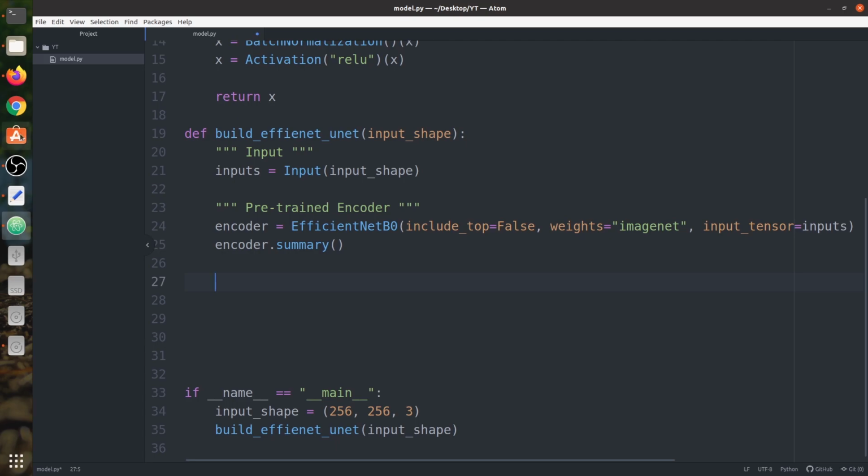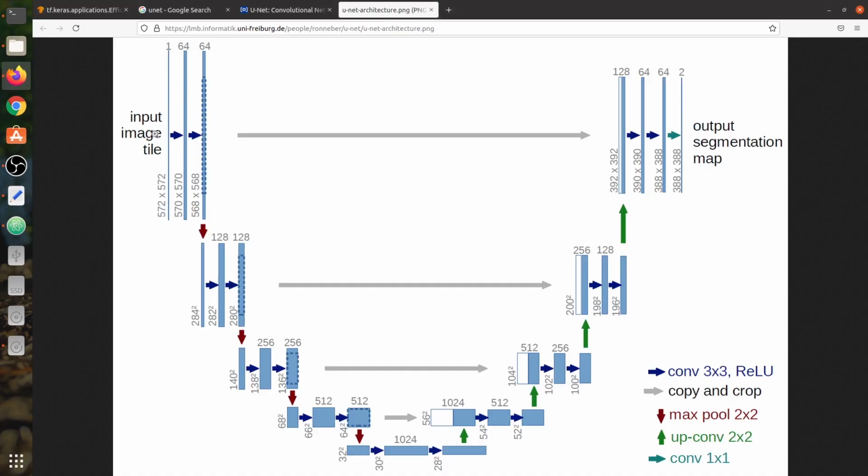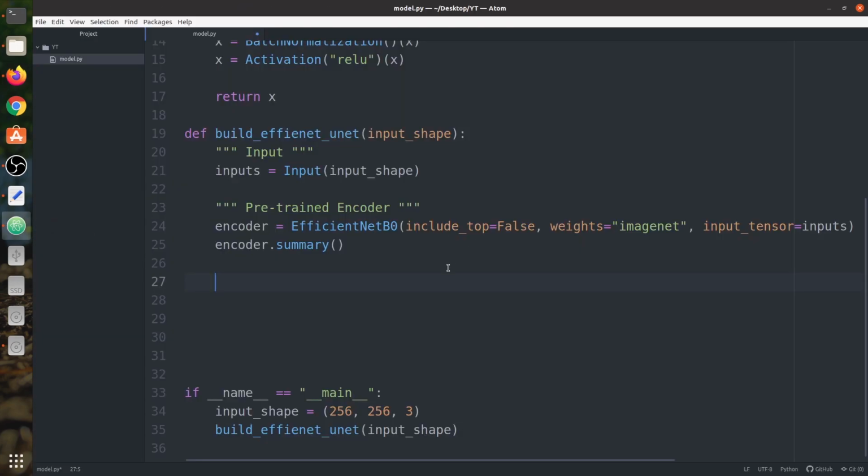So the shape for the first skip connection will be the same as the input layer, because the skip connection is before the max pooling. You can see this arrow is a max pooling, and it is before this. After the second max pool block the shape would be half, then again half, then again half. So this way it follows.